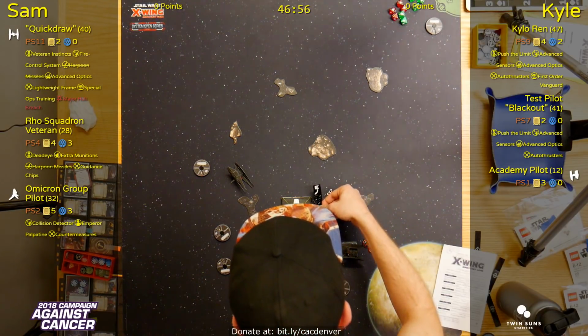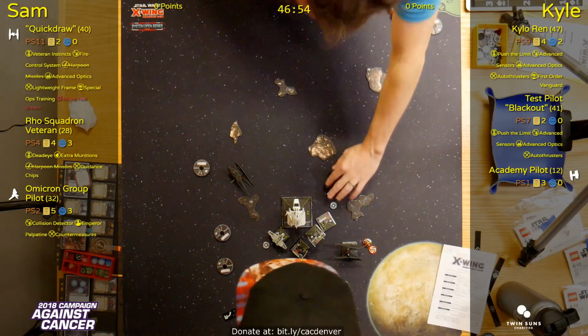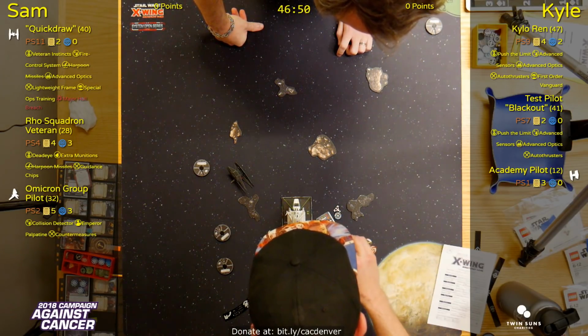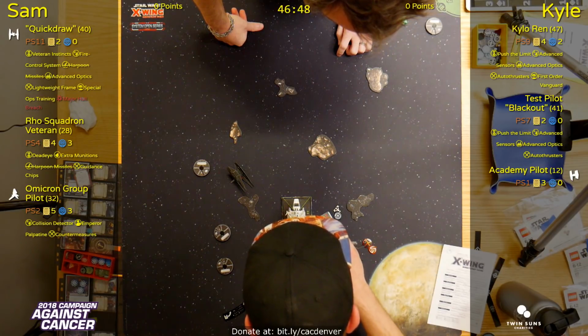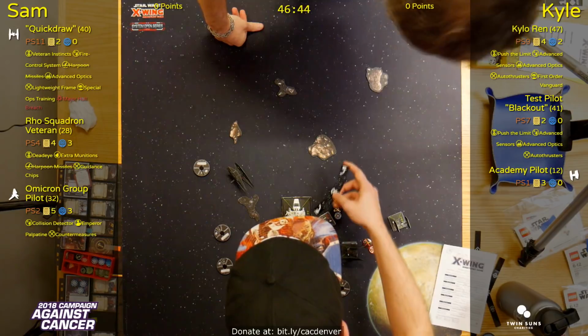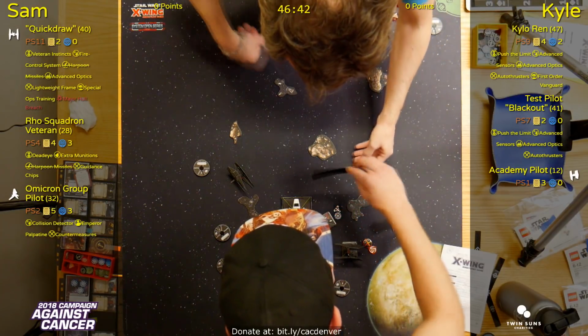Quickdraw's got a red maneuver. He's slooping. All right, yeah. I mean, that's a great Quickdraw. That's a great maneuver. Yeah, he's got the target lock on Blackout. He's got the Palpatine support. And honestly, if he kills Blackout this round, now it's absolutely bad for Kyle because he'll take...